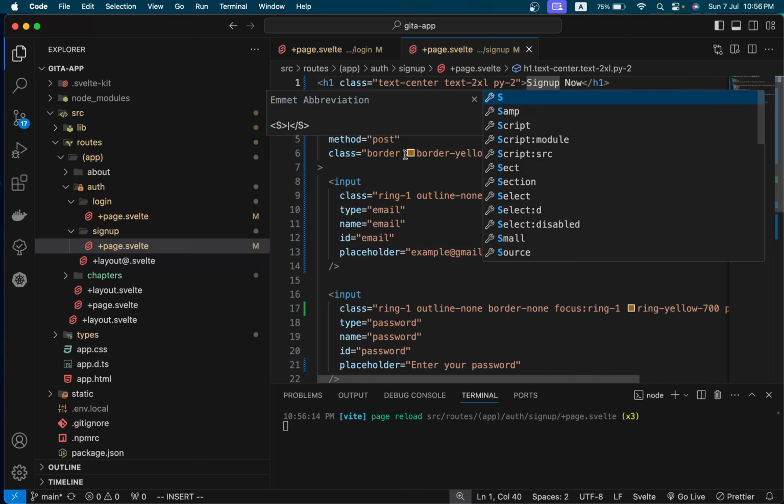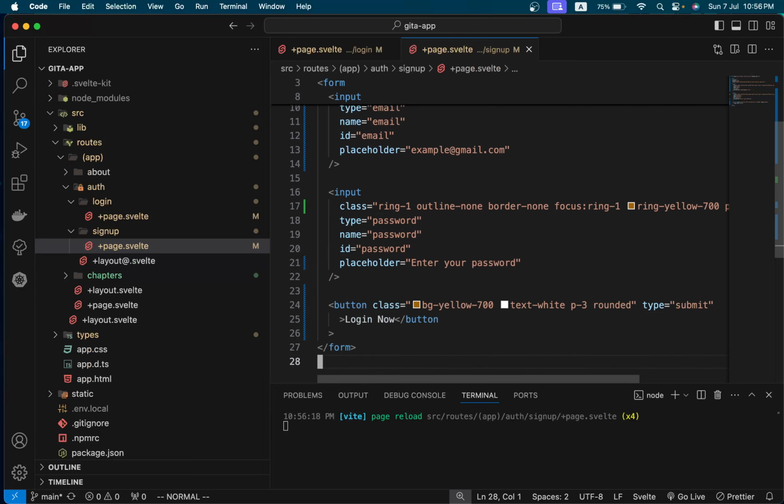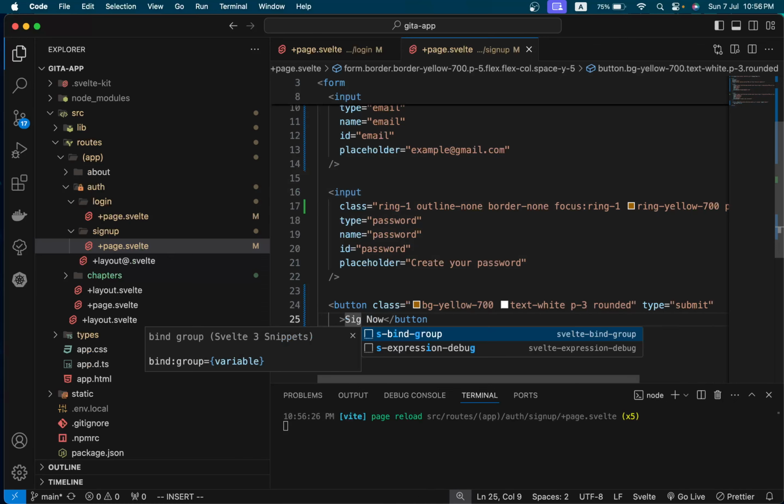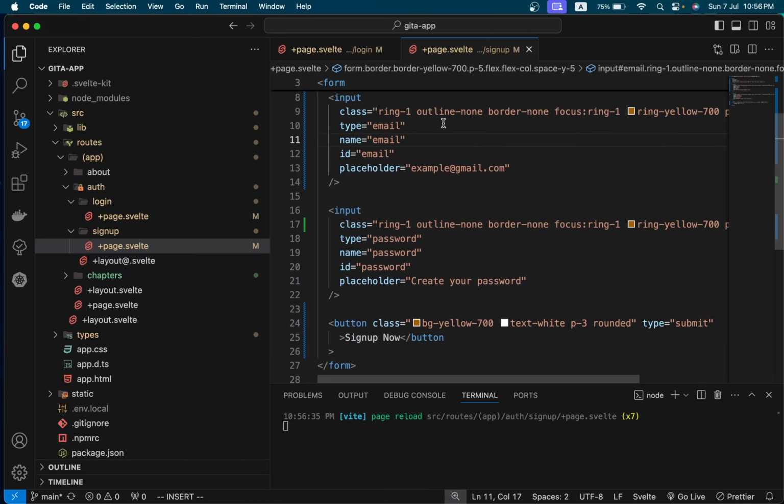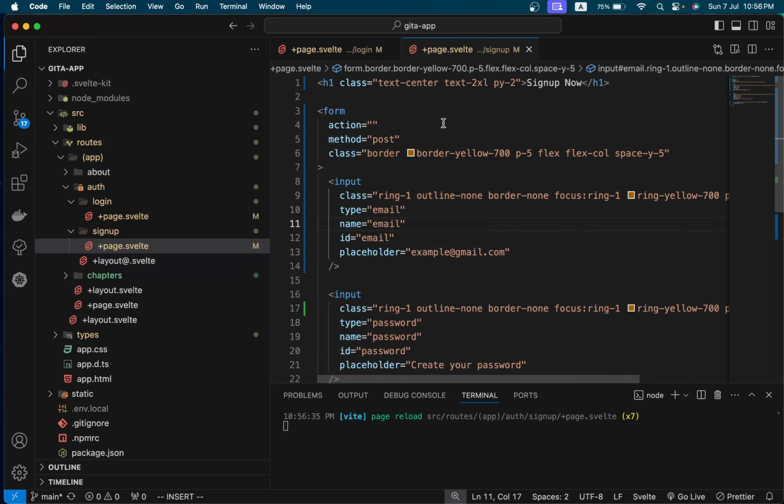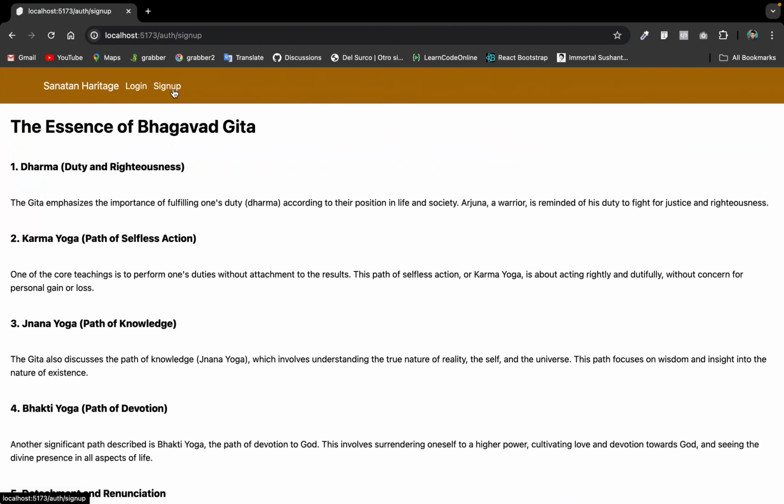Sign up now, then enter your password, create your password, and use sign up. Oops, it's a little bit hard to use my laptop's keyboard. Fine. So we can see the sign up is